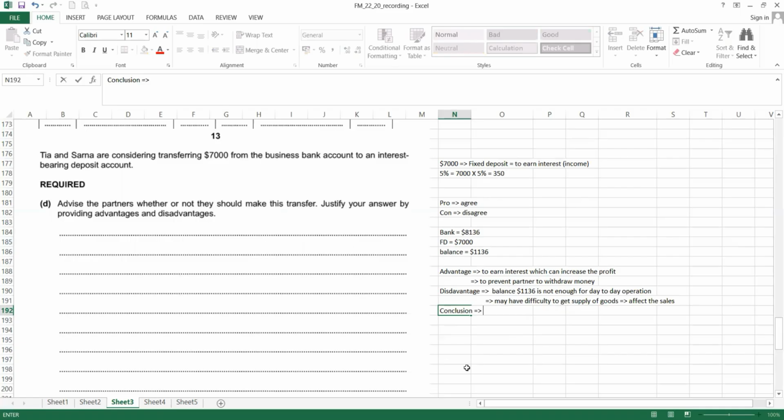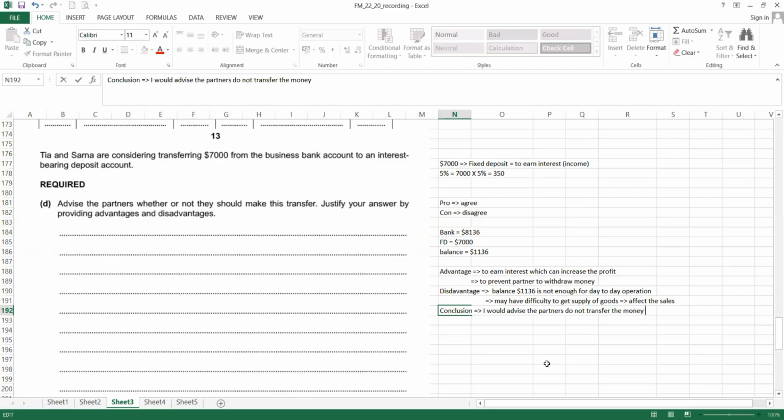For me, I will choose disadvantage because if I left with 1,000, it's really serious cash flow problem. Conclusion is, I would advise the partner not to transfer, do not transfer